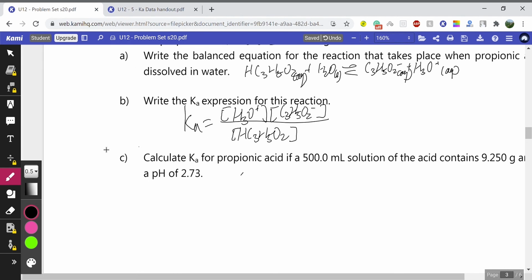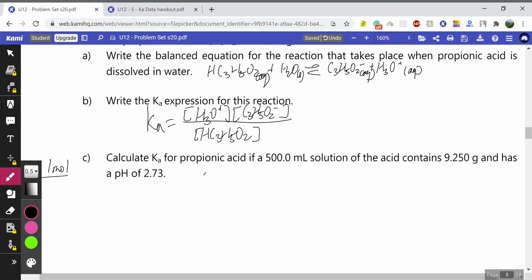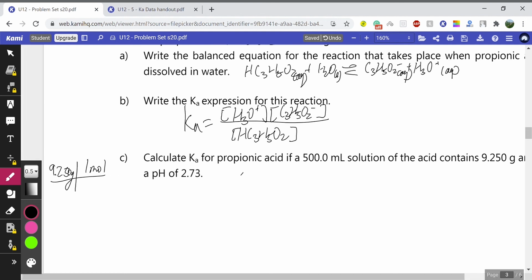Okay, so let's first use what we have, 9.250 grams, and 1 mole has how many grams? Let's see, we're doing HC3H5O2, so it's going to be 1.01 plus C3, 12.01 times 3, plus 1.01 times 5, plus 16 times 2, which should give us 74.09. Now 9.25 divided by that should give us